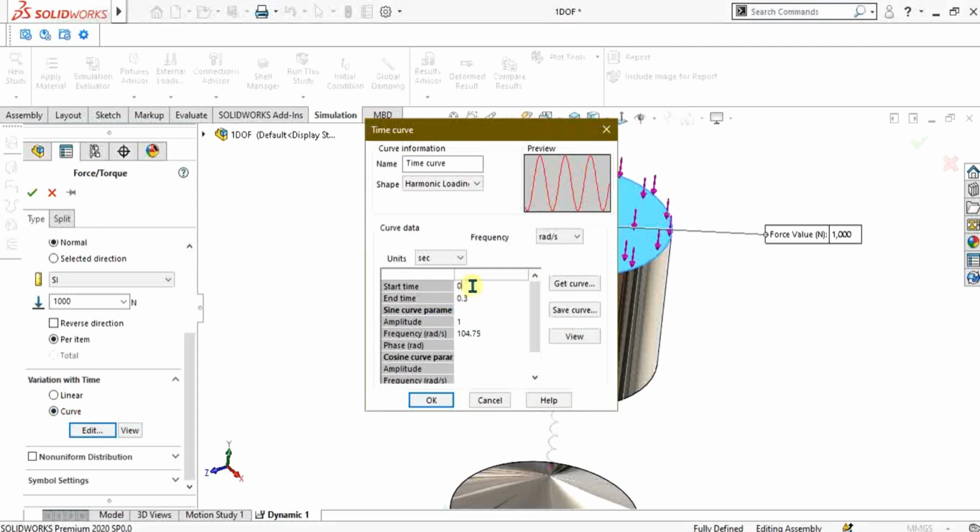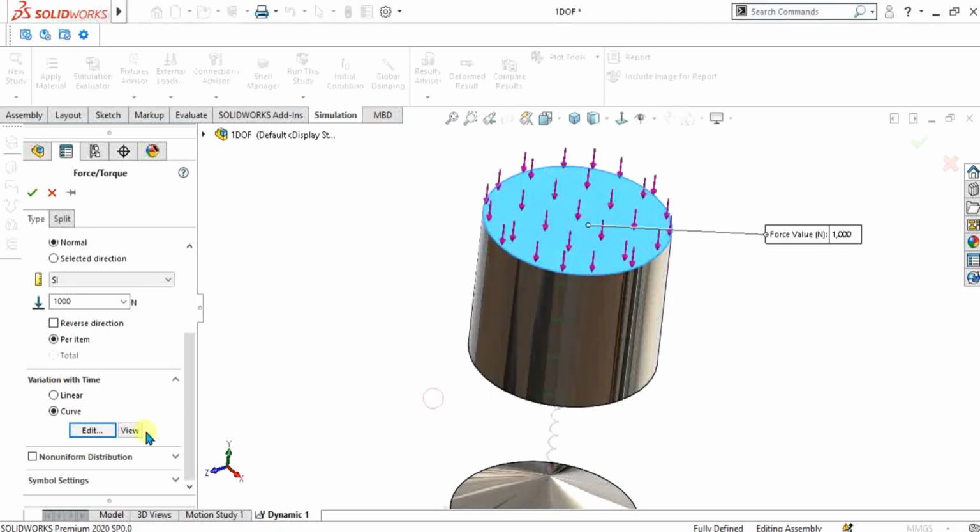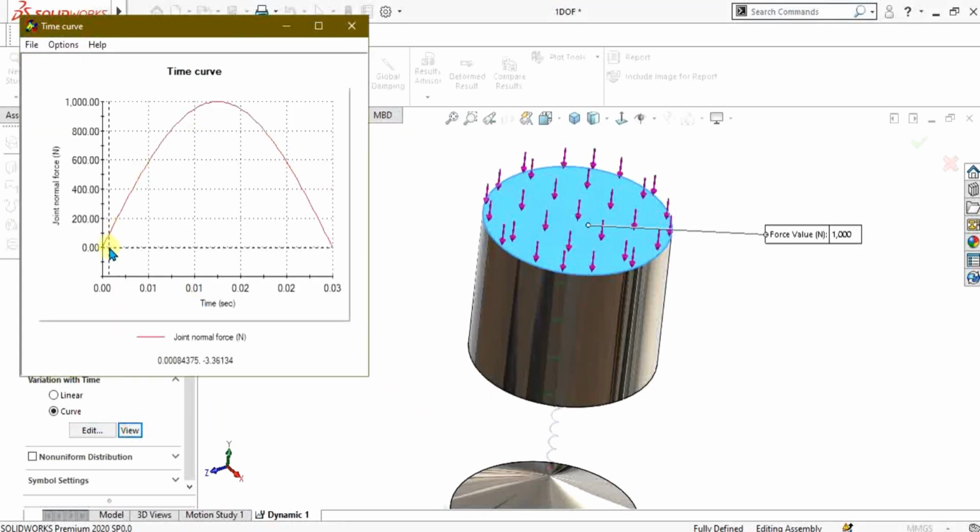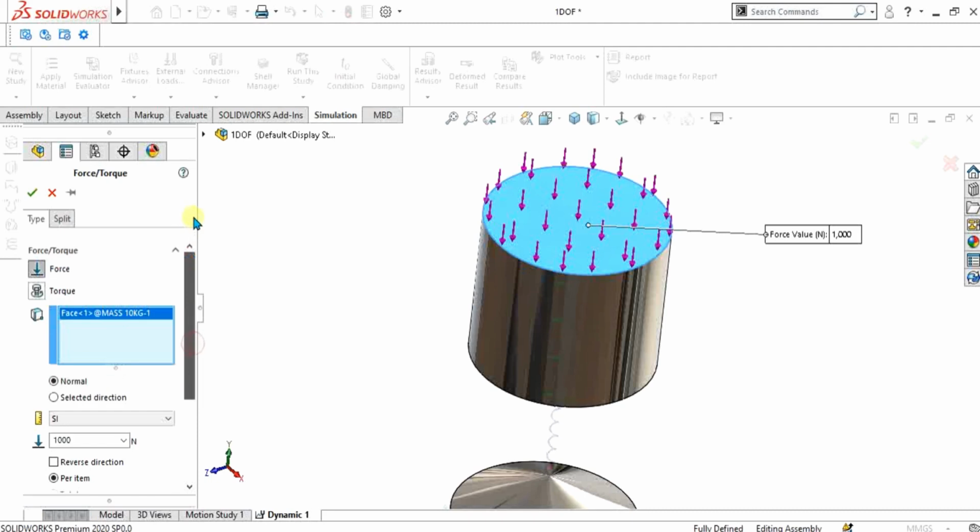Give the value of 0 here and give the value of 0.03 as the end time. Give the amplitude 1 and 104.75. Select OK from here. If you want to view the graph, you can see that the 1000 Newton force is maximum at approximately 0.015. So our force has been applied.